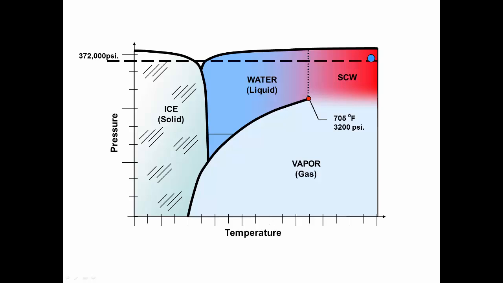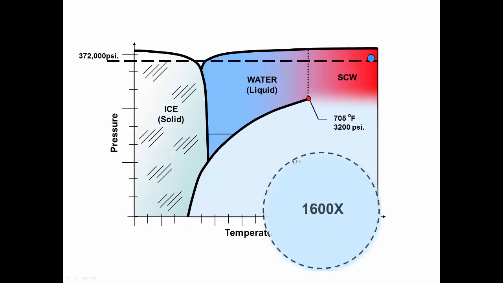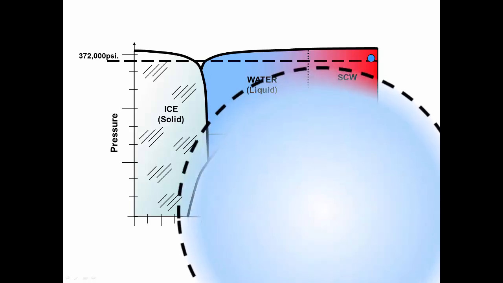At the point of the crack, pressure dropped from 372,000 psi, or higher due to water hammers, to near atmospheric conditions. Similar to the phase change of a propellant like gunpowder, water changes phase and expands to a gas, increasing volume by 1,600 times. The phase change of supercritical water to gas was similar, but much more energy was involved. Because of this, the volume of expansion was much greater.